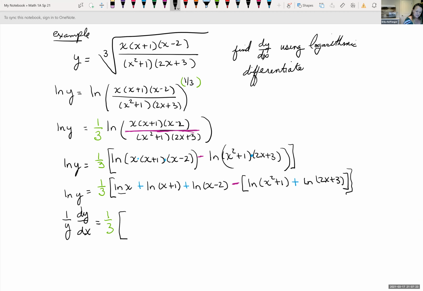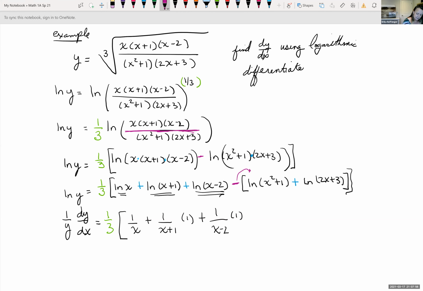Well, the derivative of natural log of x, that's just 1 over x, plus the derivative of the natural log of x plus 1 is 1 over x plus 1, times the derivative of the inside, which is just 1, plus the derivative of natural log of x minus 2 is 1 over x minus 2 times the derivative of the inside, but that's just 1,